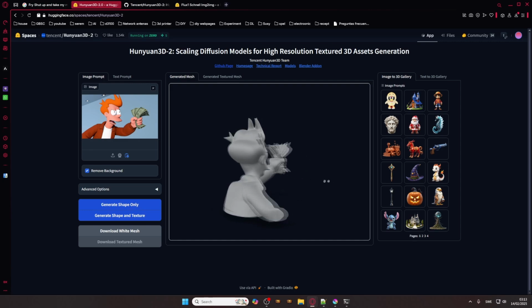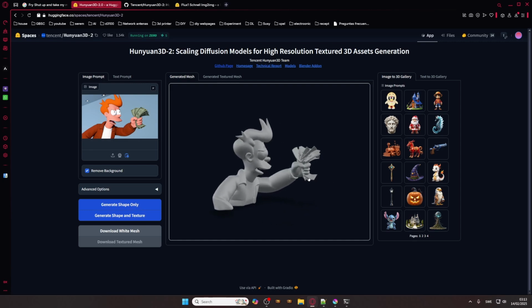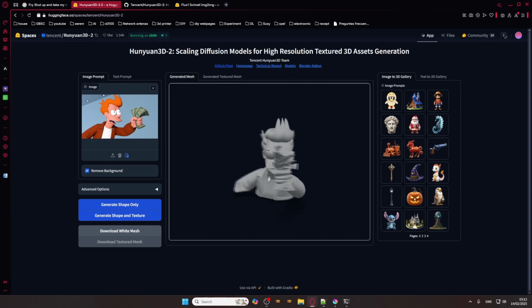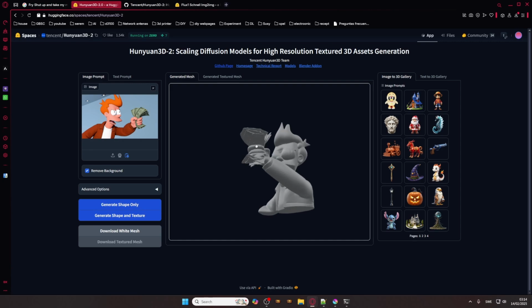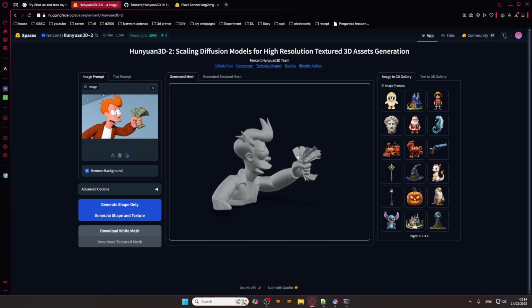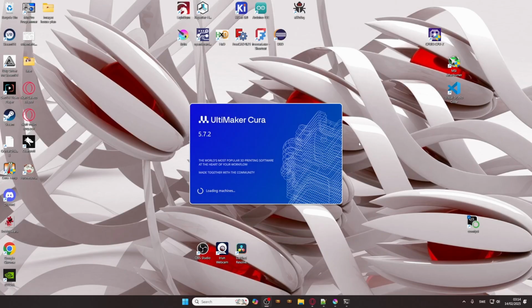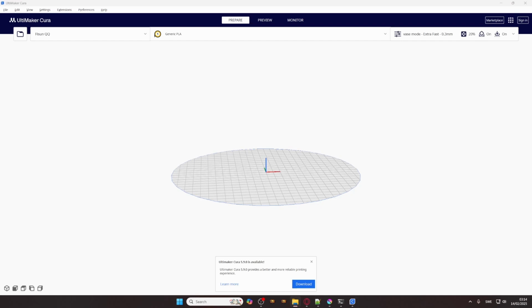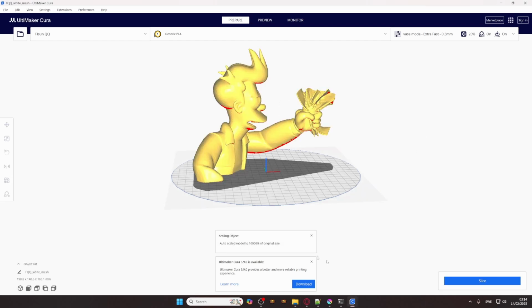You probably need a quite decent graphics card. I would guess 16 gigabytes and up. So if you don't have that, this website is a good alternative, even for creating the images I used for 3D generation. So I'll try to just pull it into my 3D printer